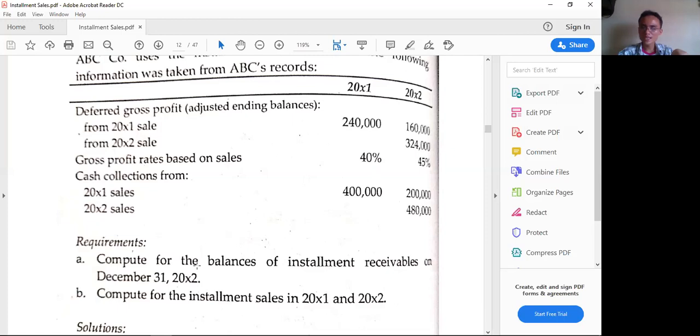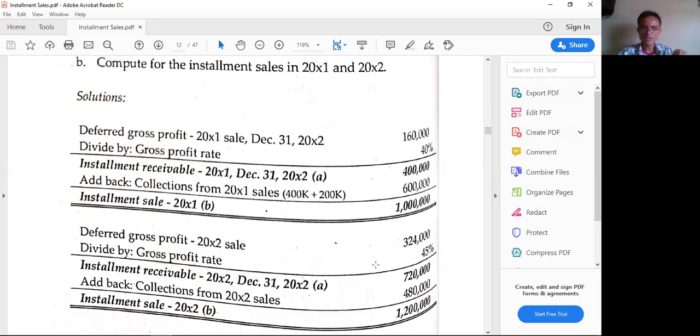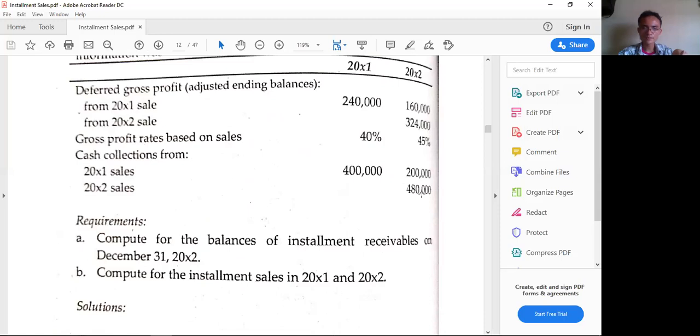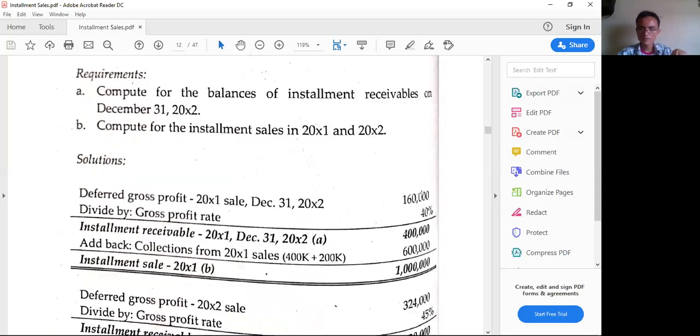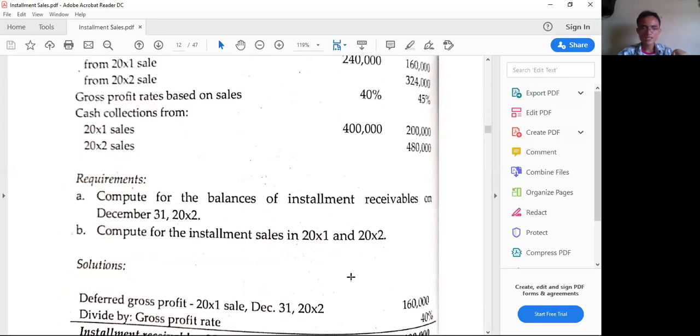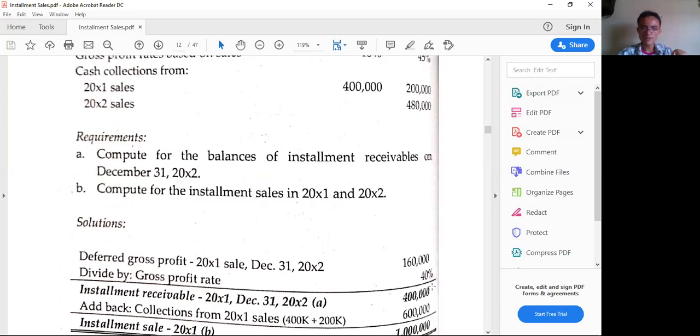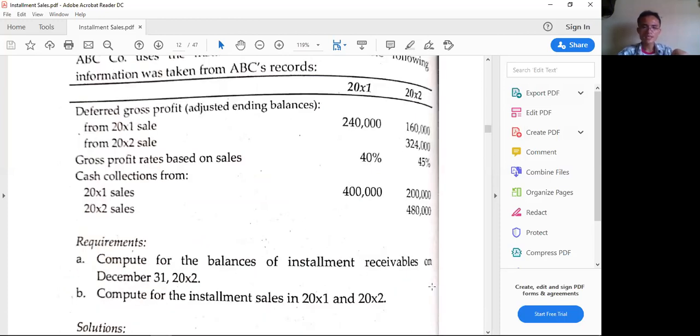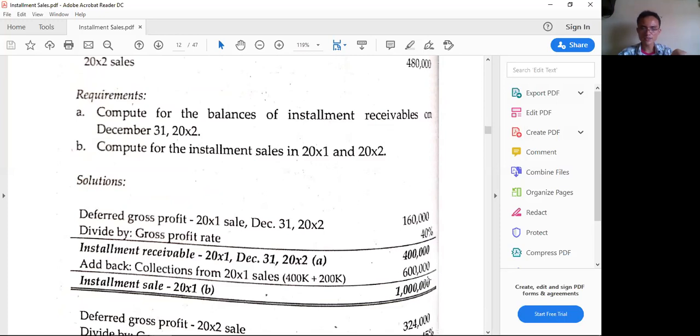So we can just divide the DGP at the end of 20x2 by the rates. So 160,000 divided by 40%, and that's going to be 400,000. Should we add the collections so far? What is asked, by the way, is B. For A, 160,000 divided by 40% is 400,000. Okay, that's correct. And then if we would like to get the sale in 20x2, we can just add that back to become